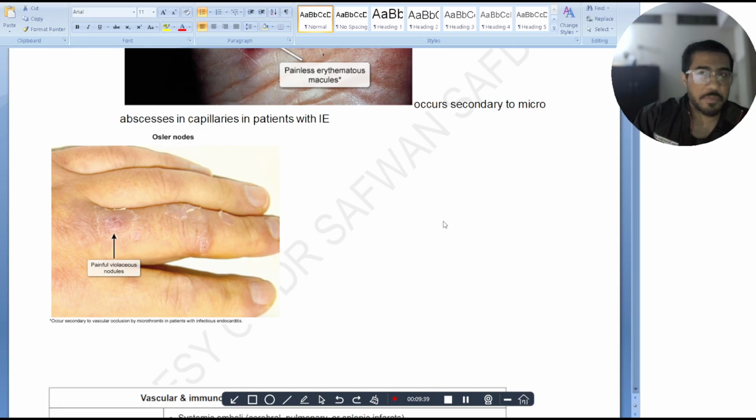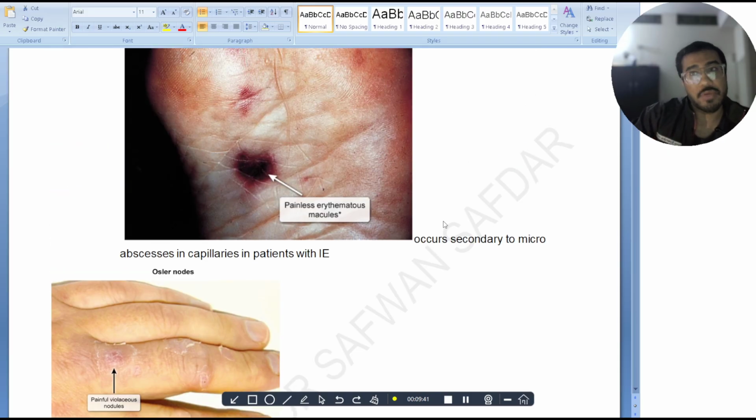Osler's nodes are going to be painful, and the Janeway lesions are not going to be painful. Palms and soles, Janeway lesions. At the fingertips or the toes, Osler's nodes, that would be painful. Both Osler's nodes are usually red and violaceous. Violaceous means a little bit purple as well. So these are the two high yield ones,